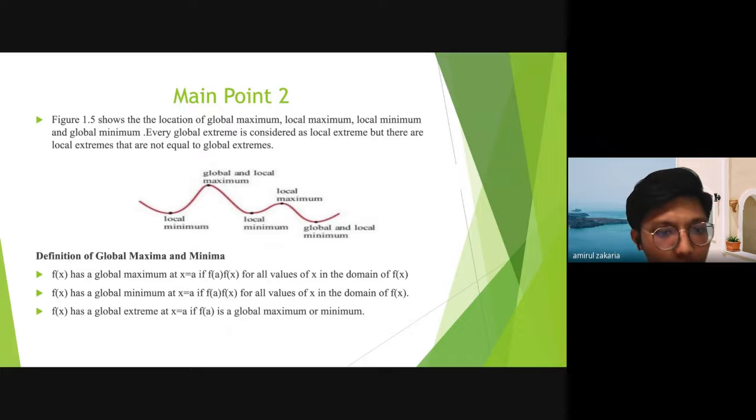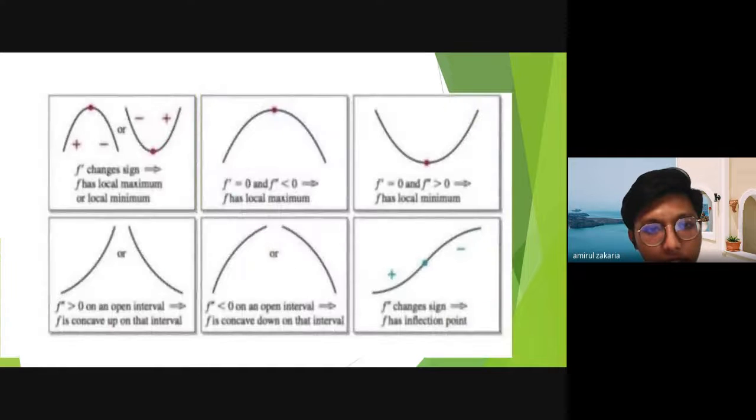The definition of global maxima and minima: f has a global maximum at x equals a if f(a) is greater than or equal to f(x) for all values of x in the domain of f. f has a global minimum at x equals a if f(a) is less than or equal to f(x) for all values of x in the domain of f. And lastly, f has a global extreme at x equals a if f(a) is a global maximum or minimum. So here is an example of the graph, and then I will pass it to Chan Zinvi